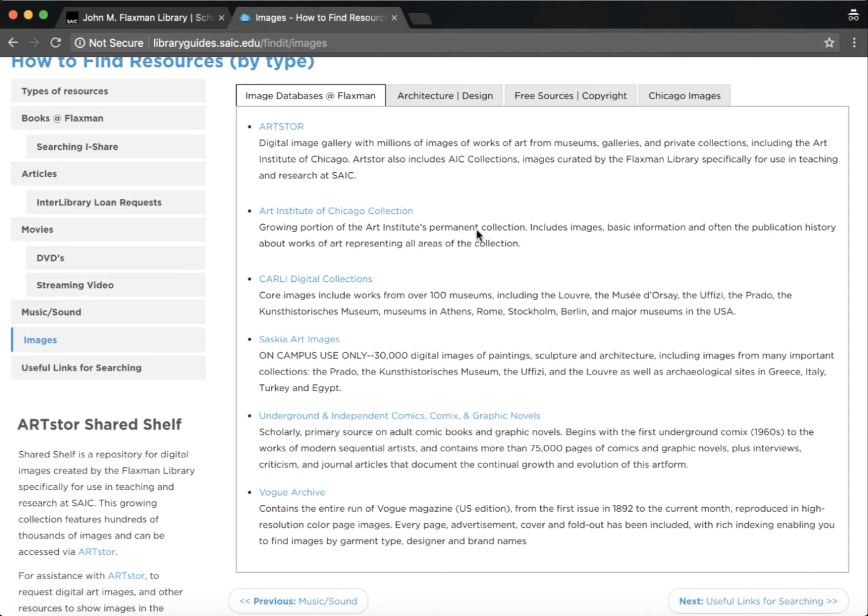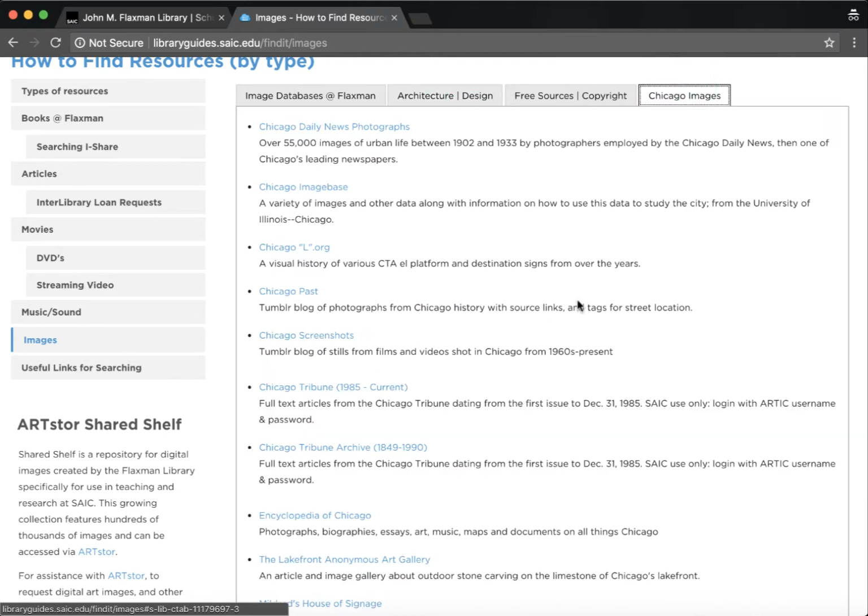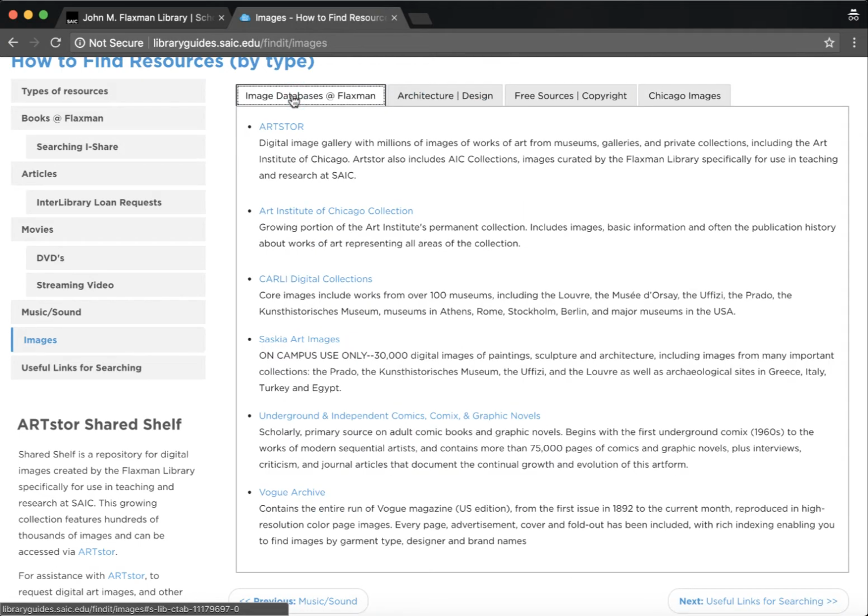Some of them are databases that the library provides. Some of them are specific to discipline. We also have local Chicago images, which is really helpful if you're working on specific projects. And then free sources and things about copyright and Creative Commons. But again, for now, let's just look at some of our library options since you've already used Google,